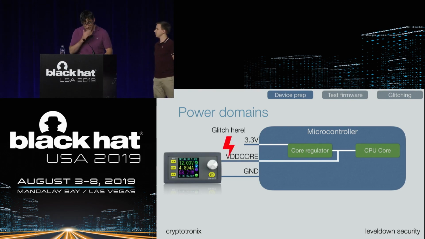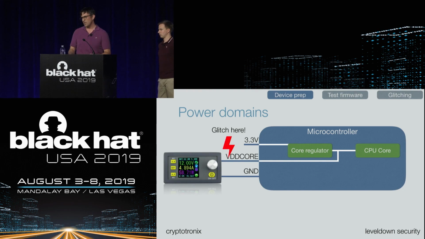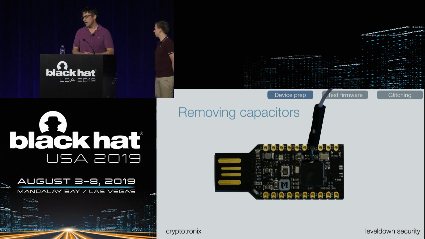And yeah, so the insight then again is we don't want to glitch 3.3 for this microcontroller because that core regulator is in the way. That regulator is going to be fighting the glitch. We want to go directly to the logic core because that's mainly where the interesting things are happening. So we provide that external voltage, and that's where we can glitch. And if you look, we took this board, removed the capacitor, soldered a wire, and now we're directly where we want to be. We've tapped to the VDD core in this case.